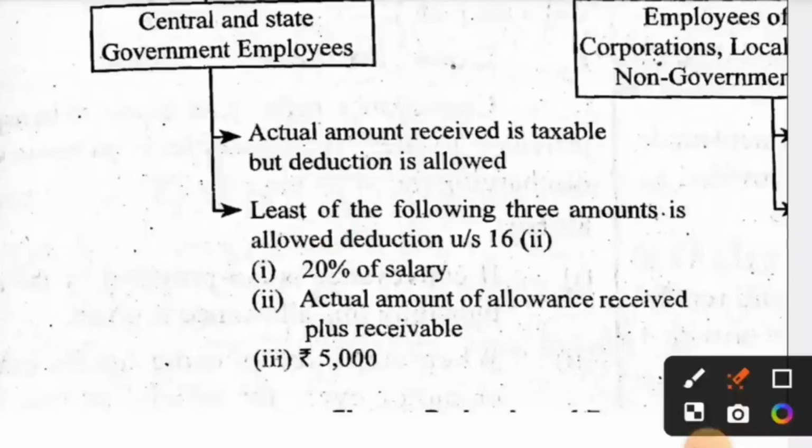First one, 20% of salary. And in the salary section you will find the basic pay. If basic pay is 1 lakh rupees, in that you need to do the 20%. Then you will get the first one, and the next one is the actual amount of allowance received, and the third one default